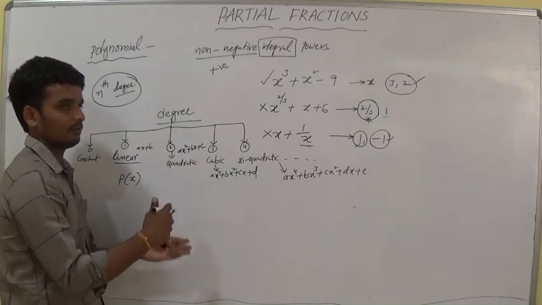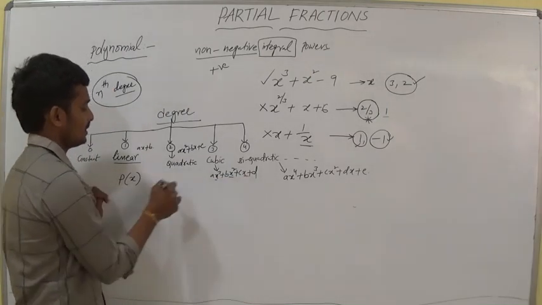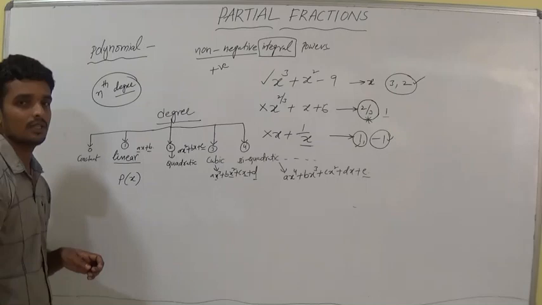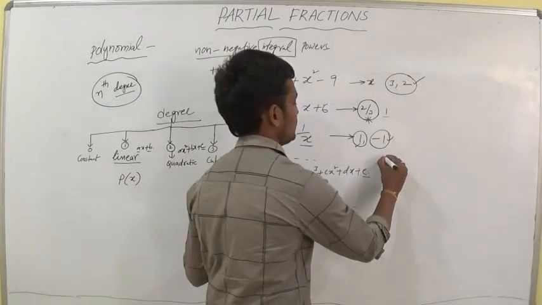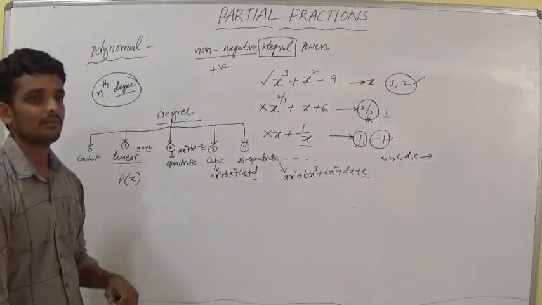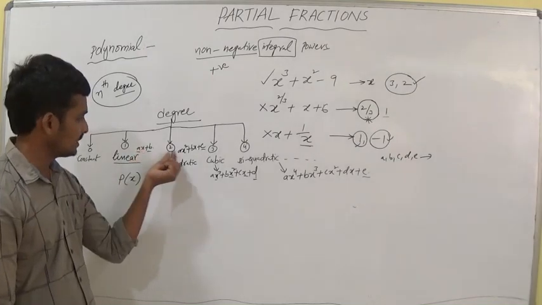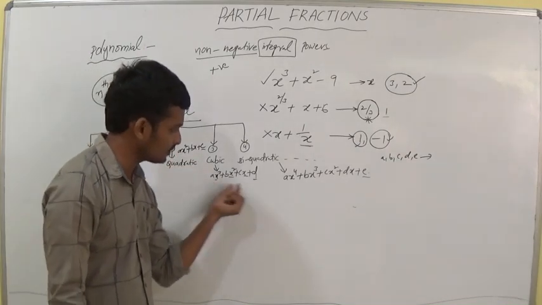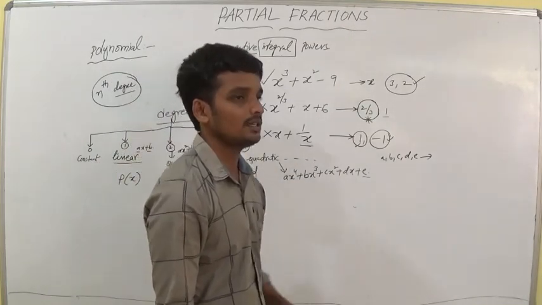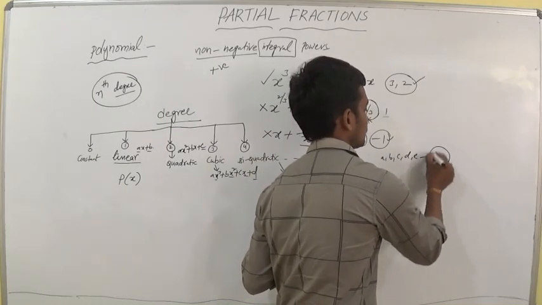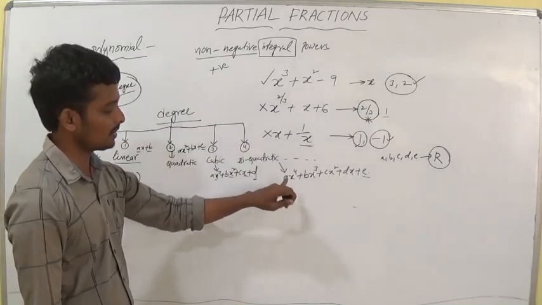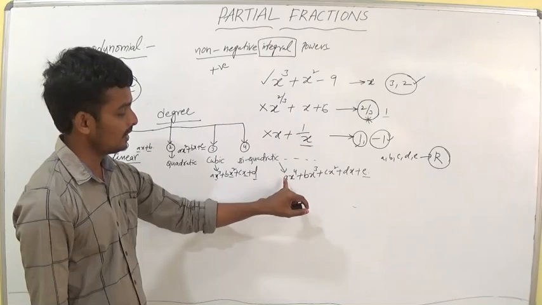So here, if you observe, there are some letters. Forget about x, it is a variable. There are some letters a, b, c, d, e. What are these? You simply say that these are the coefficients. a is the coefficient of x, here a is the coefficient of x square, a is the coefficient of x cube, a is the coefficient of x to the power of 4. So what are a, b, c, d, e? These are the real numbers. The coefficients, okay?